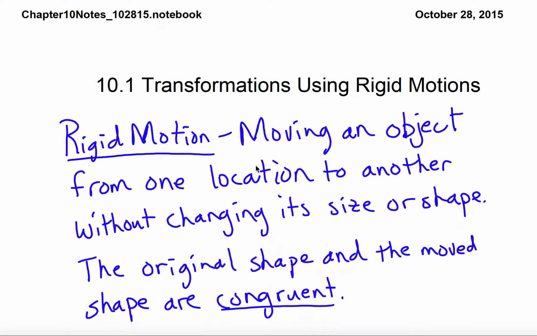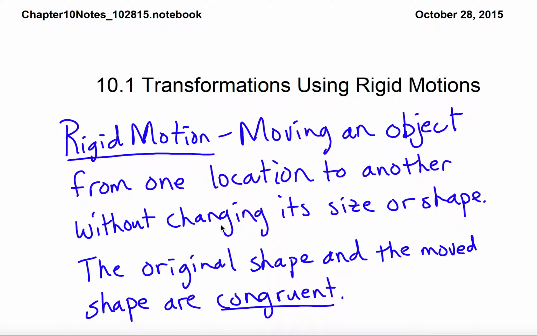Chapter 10 is about geometric symmetry and the golden ratio. To understand what symmetry is about, we have to talk about some concepts beforehand. So the very first section talks about transformations using rigid motions. A rigid motion is when you move one object from one location to another location without changing its